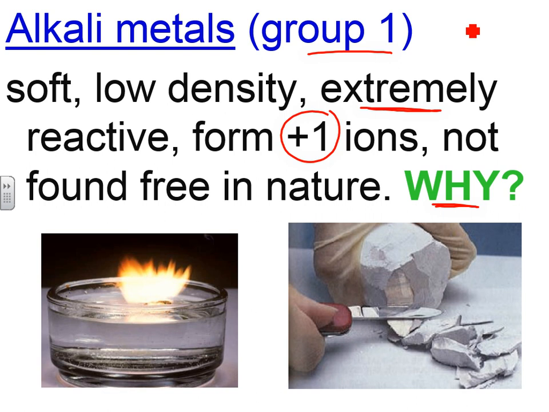Here we show an example of one of them. This is the element cesium, or rather rubidium. This should be rubidium. And in contact with water, it instantly ignites. Here we see sodium being cut with a regular knife, really easily cut, and a fresh surface of sodium being exposed. The rest of this has instantly oxidized or tarnished because of the extreme reactivity.